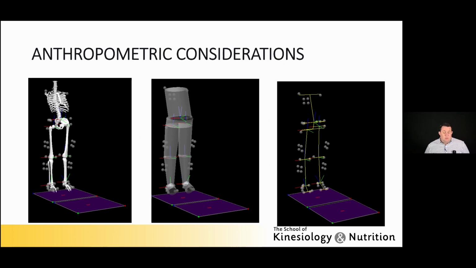From a biomechanics perspective, we simplify some of our assumptions as we make biomechanical models. One of the assumptions is that as we consider our body's segments as we move through space, it doesn't make a whole lot of sense to try to model the body exactly as it is. I mean, how would you do that? How could you make a computer program that accounts for skin and veins and arteries? That's computationally taxing and burdensome. And we really don't do that.